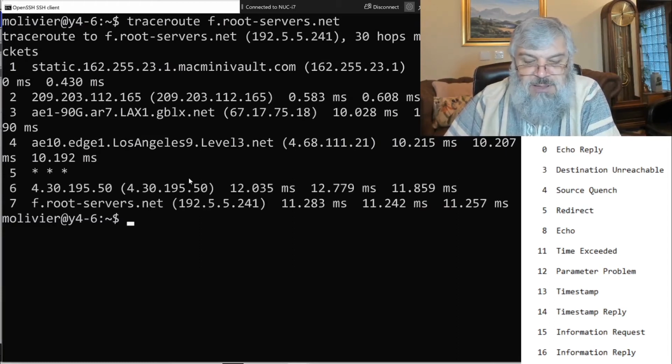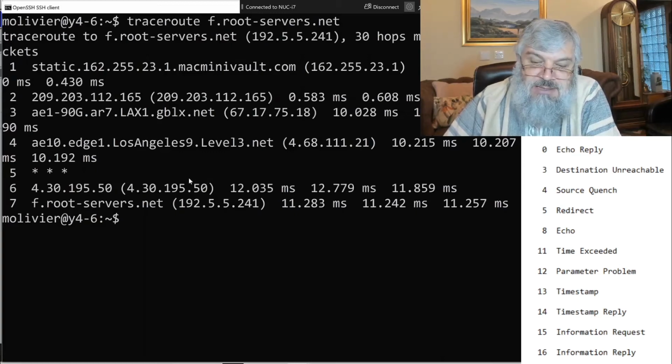There seems to be a little bit of a delay. At step 5, the machine doesn't want to talk to us for some reason or another, so it's not sending out those error messages. But what you do see here is that I started out with the machine in the